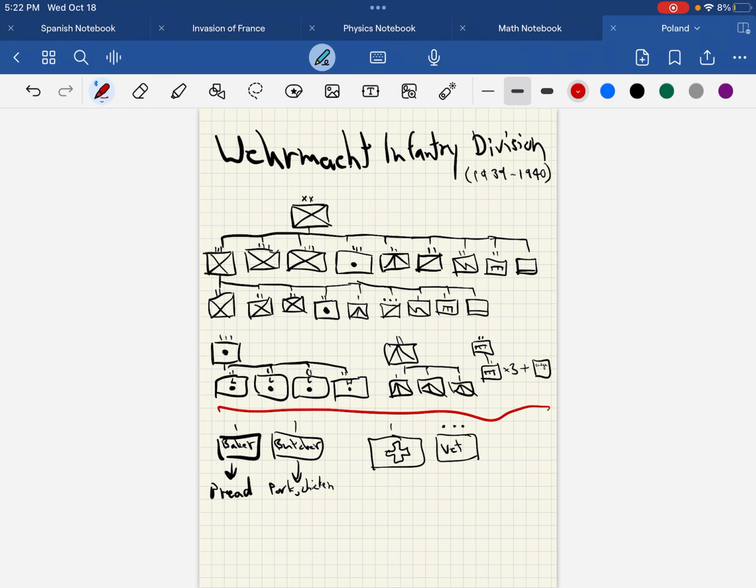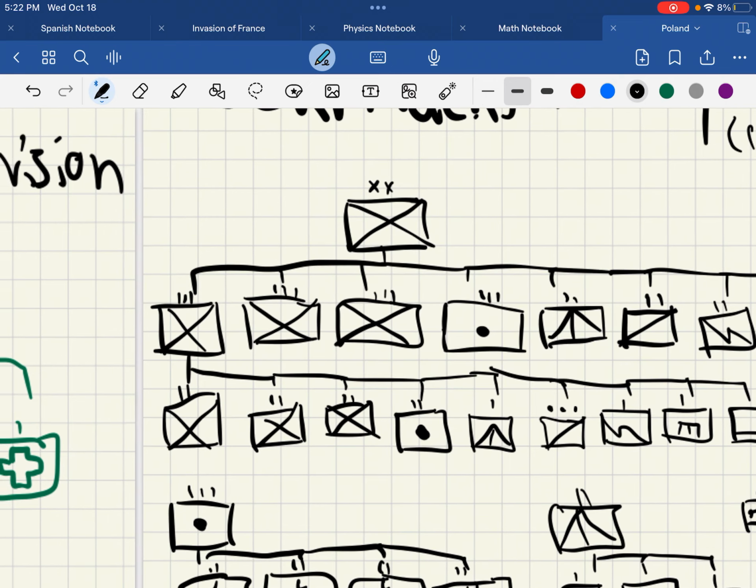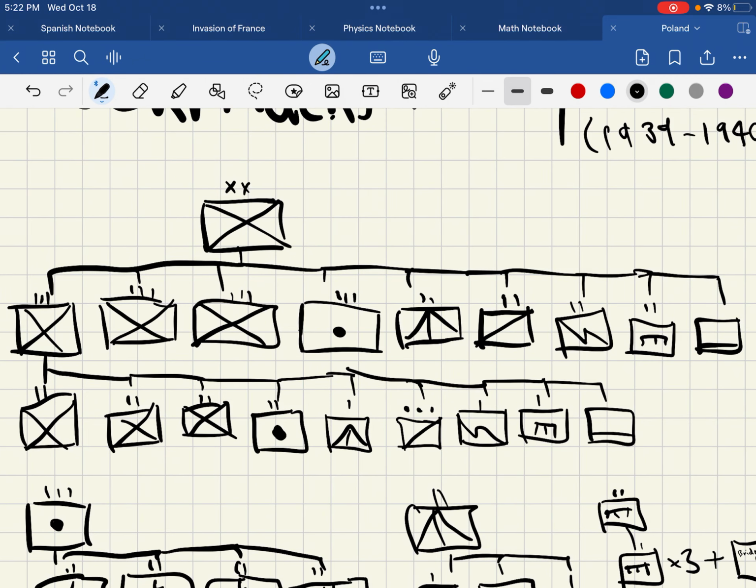And I think another thing that I might want to discuss, talking about the organization itself, is the main part. If you want to know what's important, it's mostly this. The 3 infantry regiments and 1 artillery regiment are the brunt of the infantry division's force. The rest are all just supporting units, the anti-tank, the engineers, etc. So what did this structure do? Well,